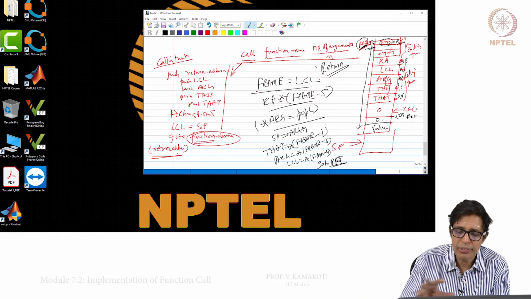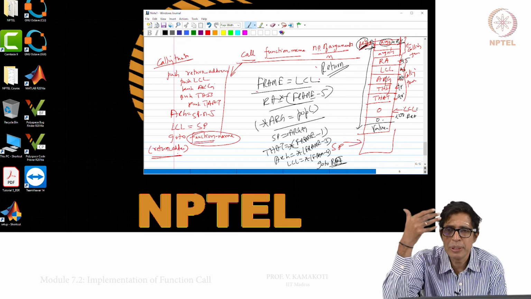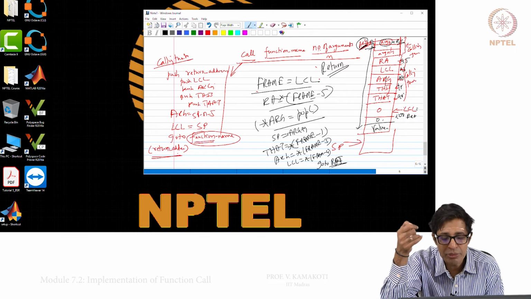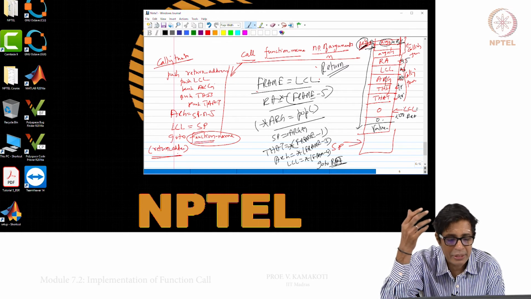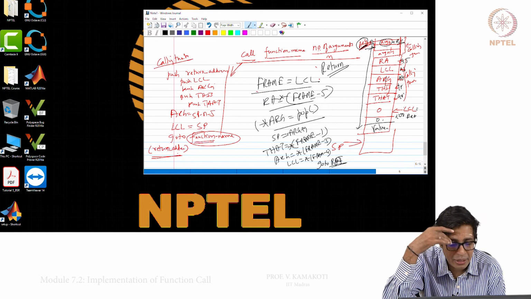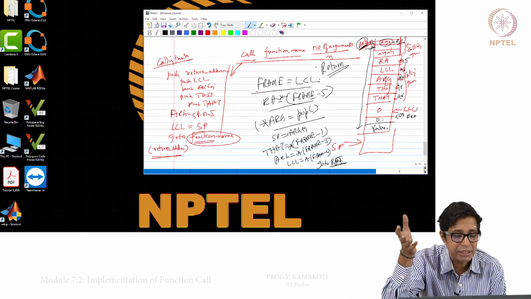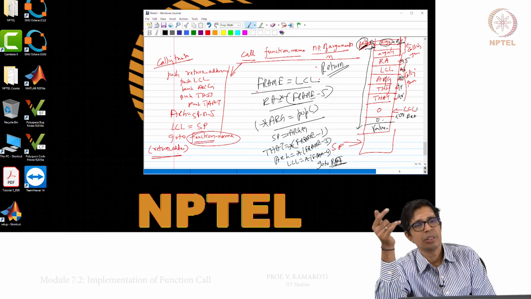So, this also explains how the whole thing works. When a calling function calls, its responsibility is to push all the arguments and execute the call statement, which in turn essentially translates to pushing a return address and saving all the context like LCL, ARG, THIS and THAT, setting up the argument and local segments for the called function, and then jumping to the called function.